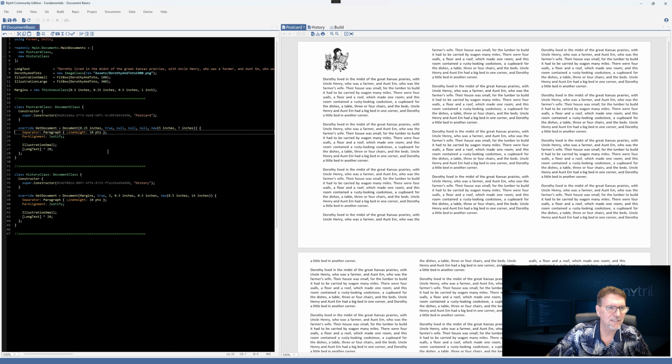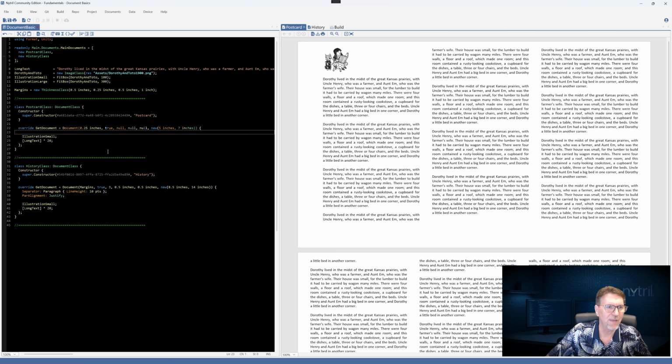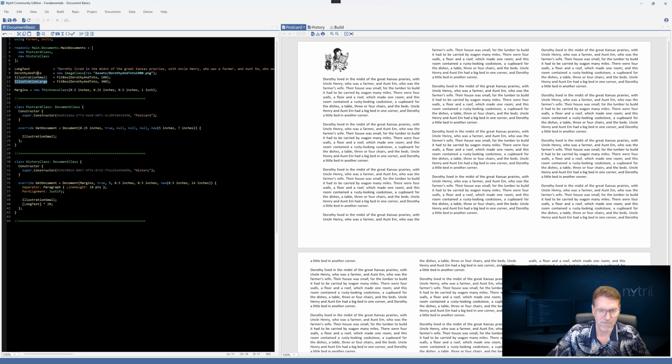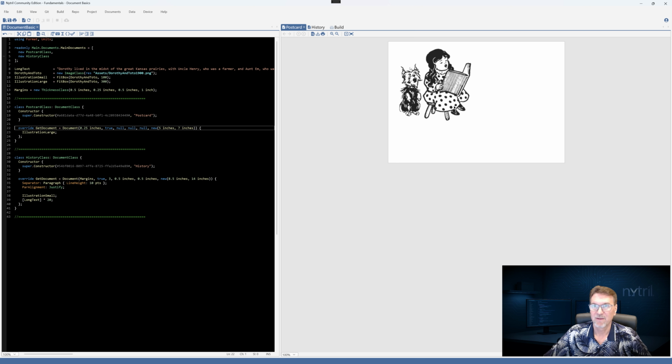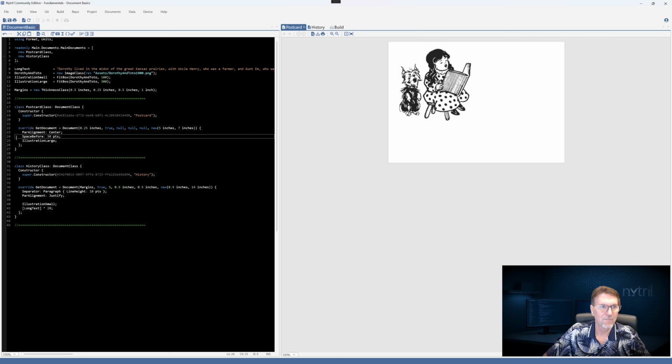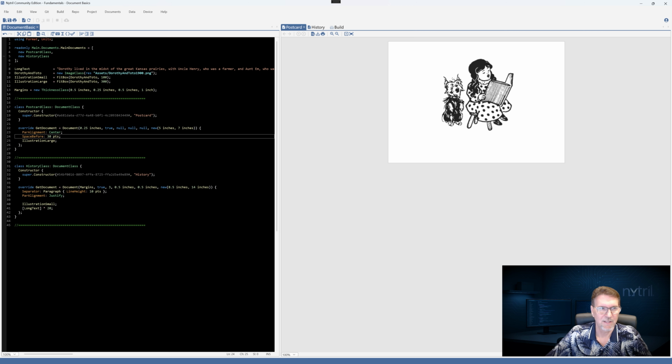And let's see, we don't need a separator or that. In fact, the only thing we're going to put in this is just this large image, just to illustrate what we're doing here. But we will probably need to position it. But let's do F5 right now. There we go. And let's go ahead and just give it a little formatting to make it horizontally in the center and drop it down a little bit. And there we go. So this is how you make another document.